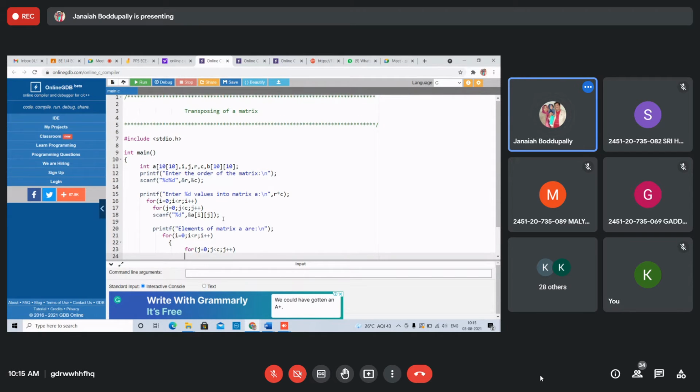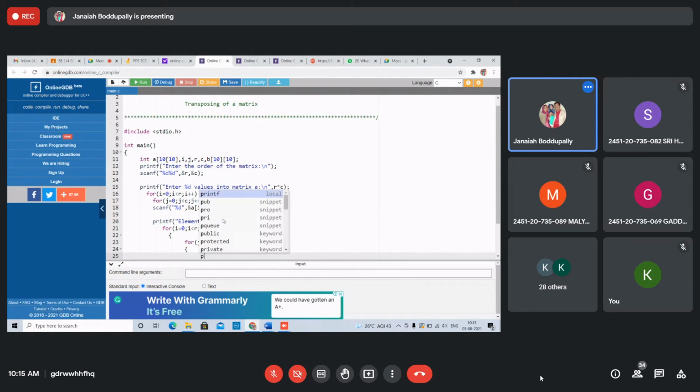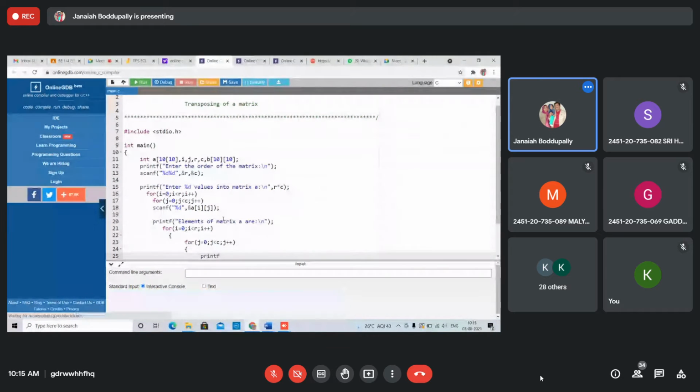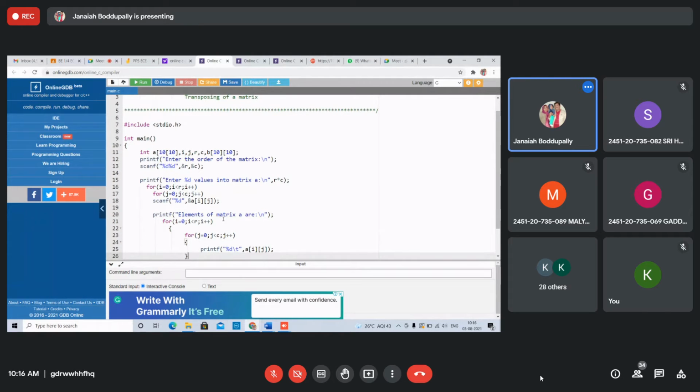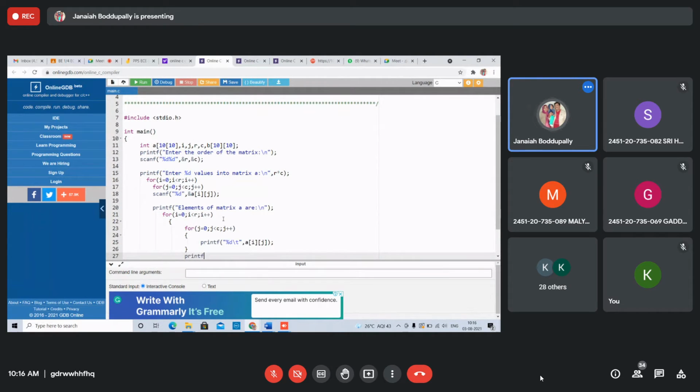Then printf percent d backslash t, A of I J. Again, printf backslash n to get each row in the next line.